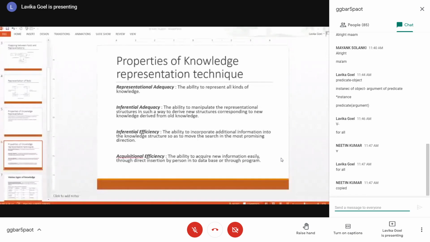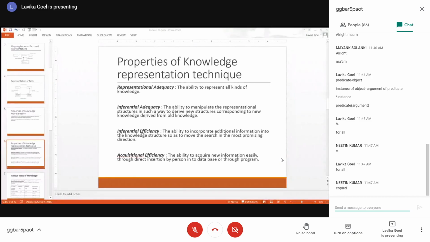So we'll just go through them one by one. They are easy concepts only. If you see here, there are 4 properties of a knowledge representation technique. Representational adequacy means that the knowledge representation technique should have the ability to represent all kinds of knowledge. Okay. So if a knowledge representation technique can represent all kinds of knowledge, then it has the feature of representational adequacy.